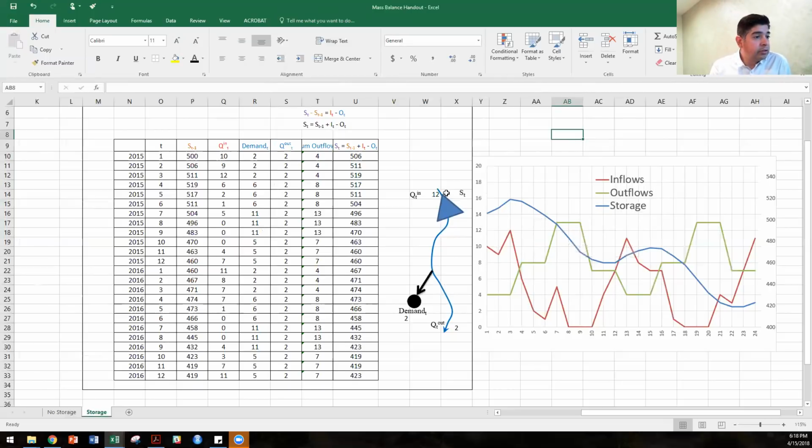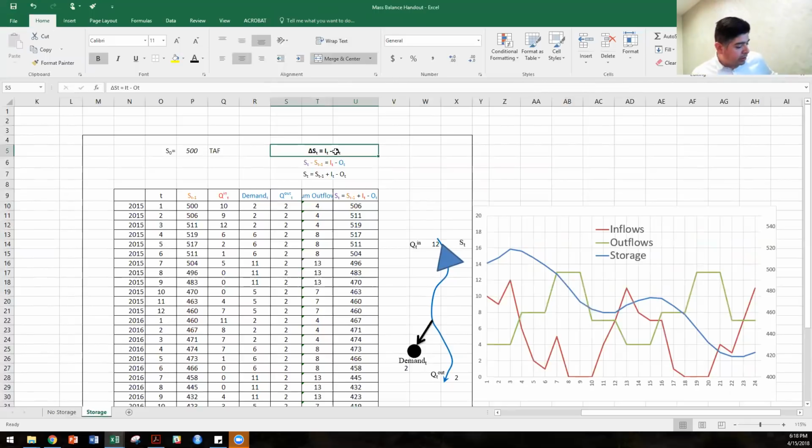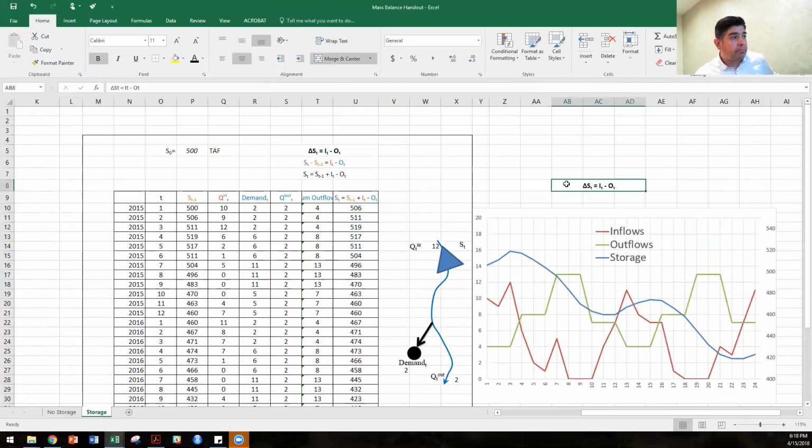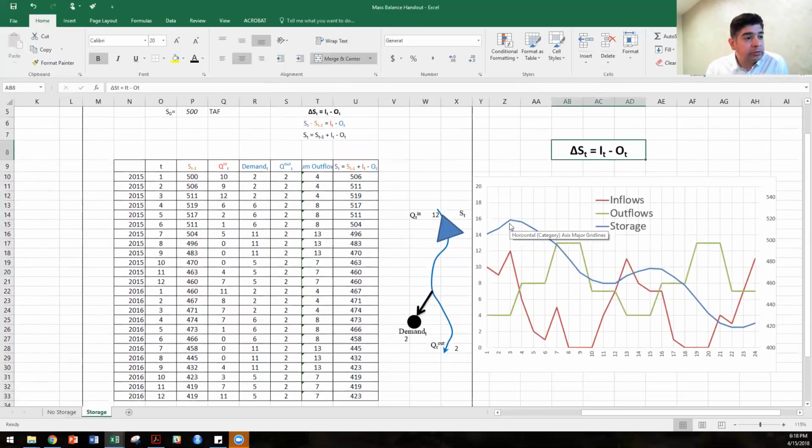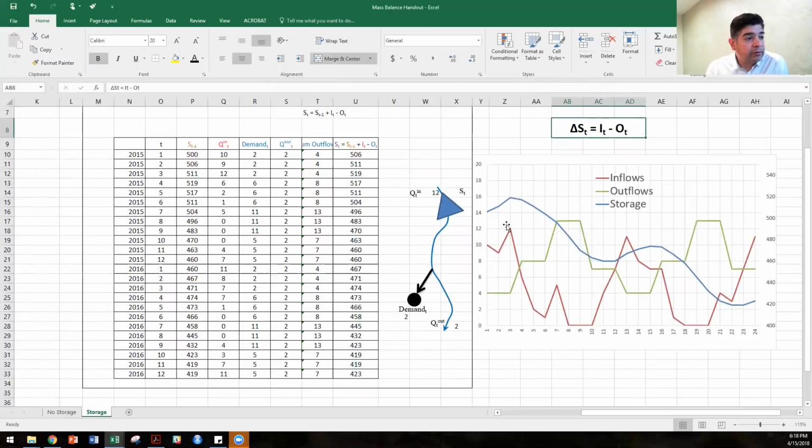So let's go back here. So when the inflows are greater than the outflows,